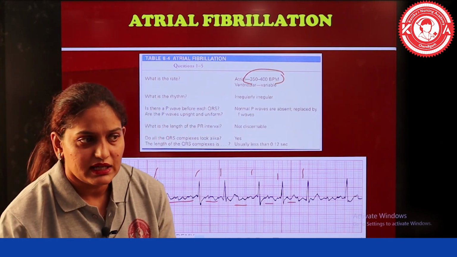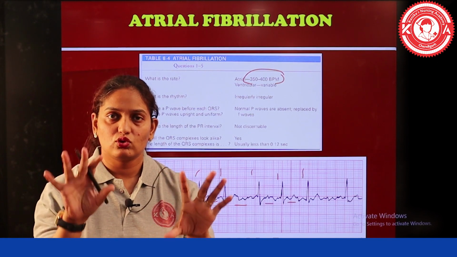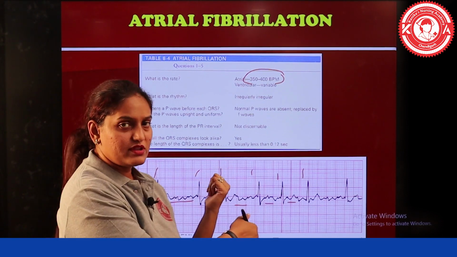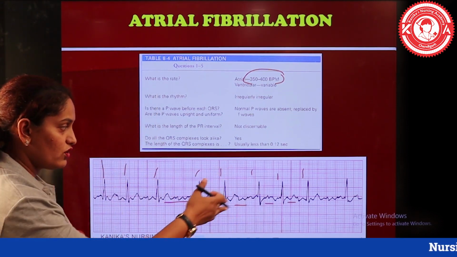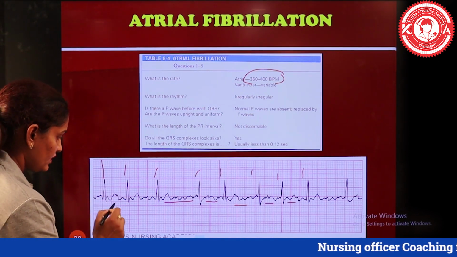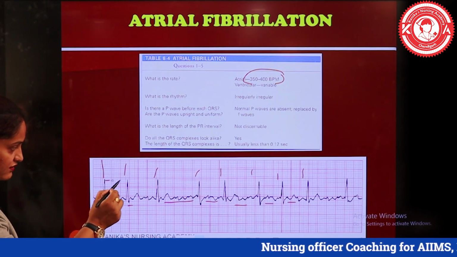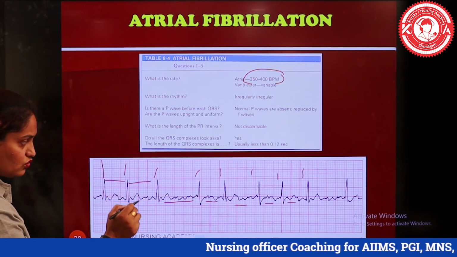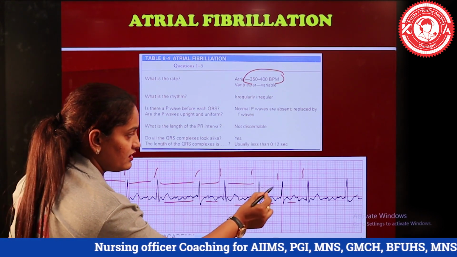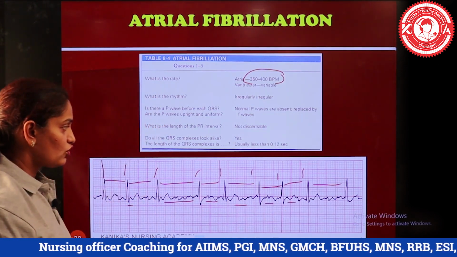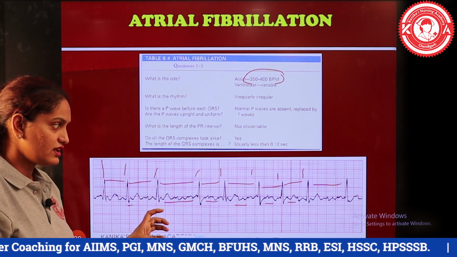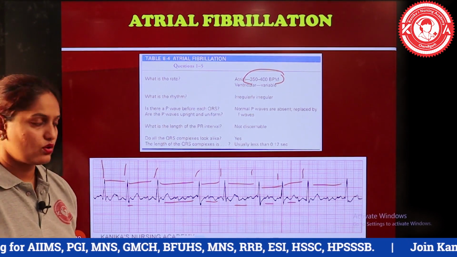When we talk about regularity, in irregular rhythm we have 2 types of rhythm. One is regularly irregular, and one is irregularly irregular. First let us look at the pattern of irregularly irregular because it is visible here. Irregularly irregular means once the ventricles have a distance like 3 squares, then the distance is increasing, then it is decreasing, then again increasing, decreasing and increasing. So there is a variable pattern of distance between R waveforms. So in this case this is a pattern of irregularly irregular rhythm.